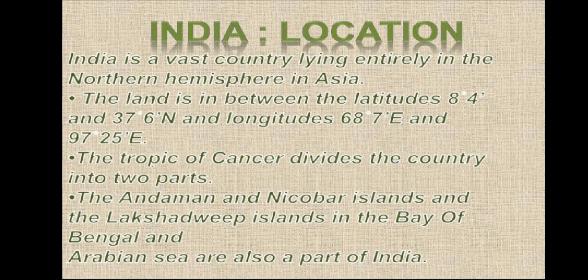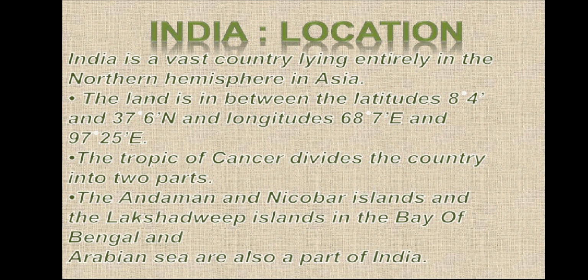This is latitude. And longitude 68 degree 7 minutes east and 97 degree 25 minutes east. The Tropic of Cancer, that is 23 degree and 30 minutes north, divides the country into almost two equal parts,